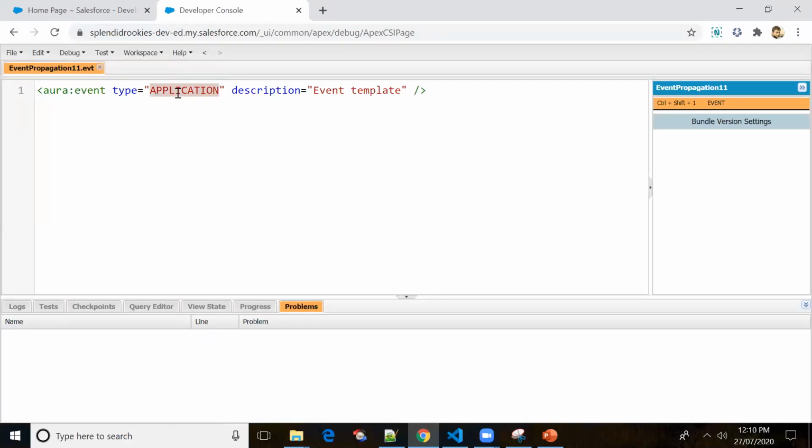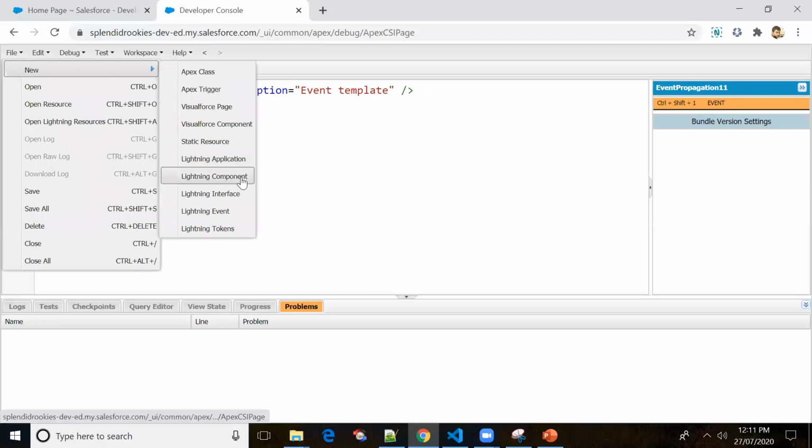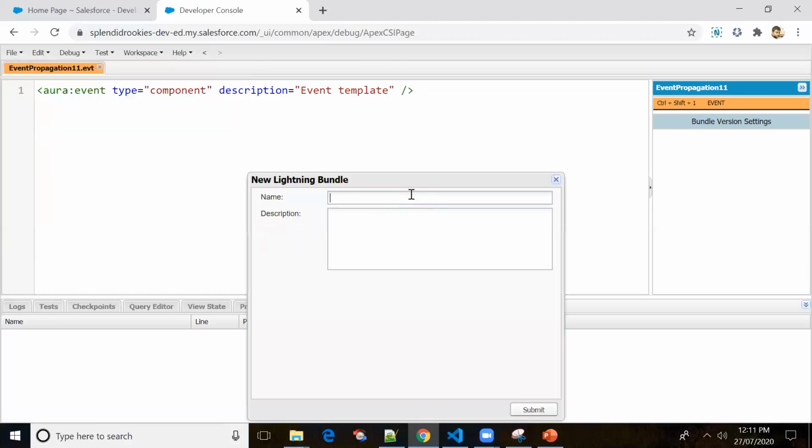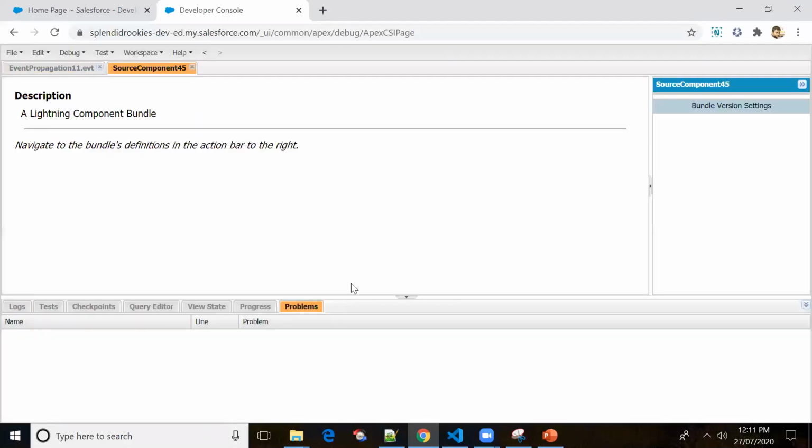Now I'll be putting in the components. Let me create a component, source component 45. Let me click on submit.